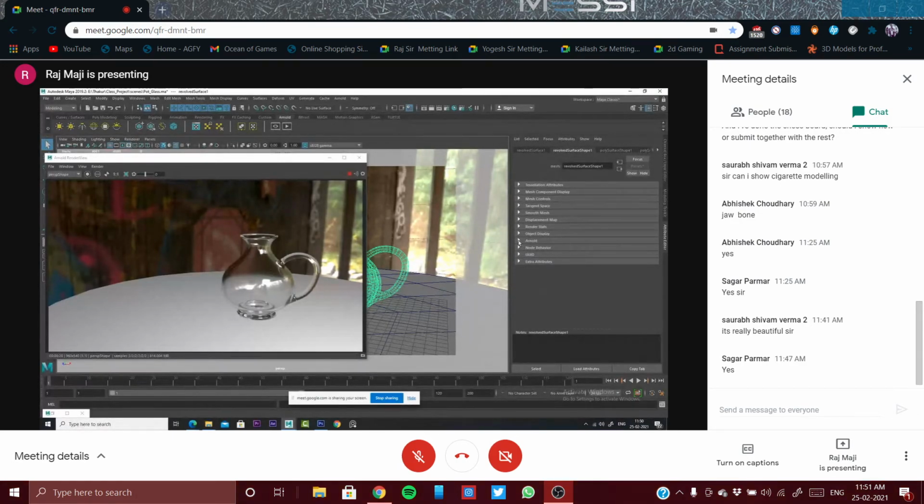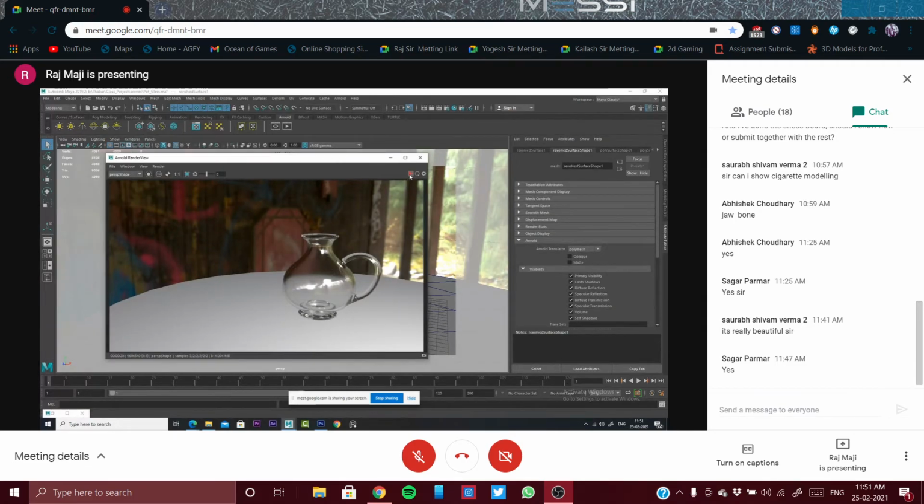So going to Arnold, there is something called opaque. You just need to click it off. Okay, now this is a transparent object and transparent glass. So just click on it. So now actually this is a glass.